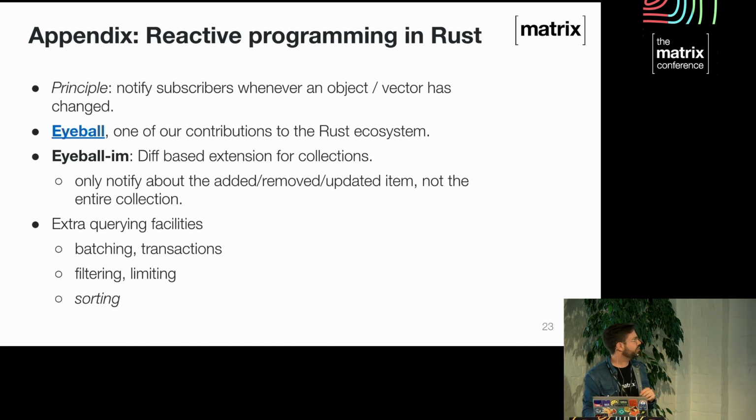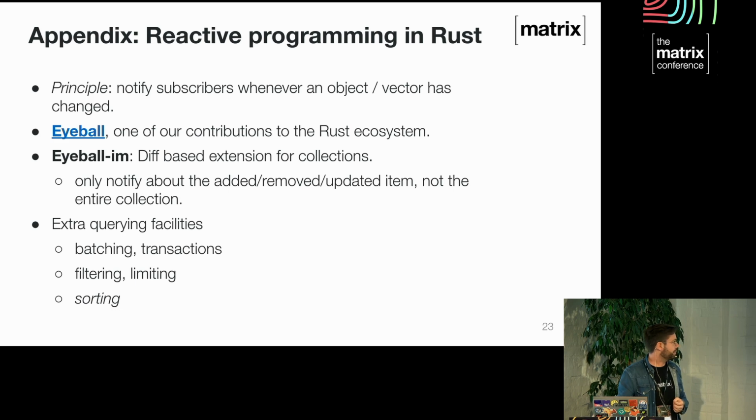All right. So how do you do reactive programming? What is reactive programming? It's basically the ability to observe an object or a vector or any collection and see that it's changed over time. And so you would get an update. You can subscribe to it and get updates saying, here's the new value. So we made a contribution to the Rust ecosystem because the existing libraries were great, but not fit for our use case. So we made Eyeball,